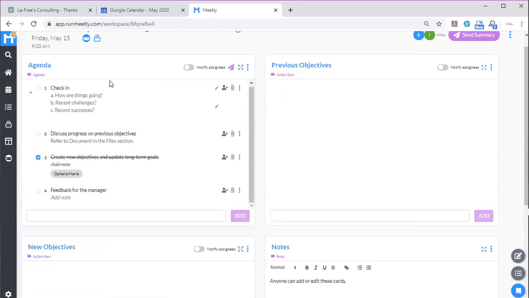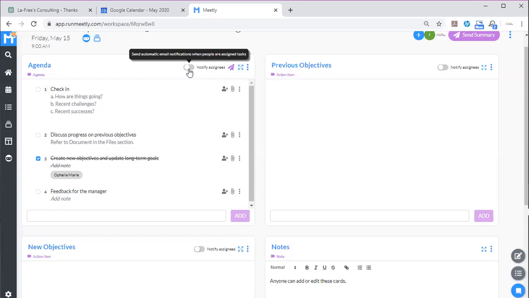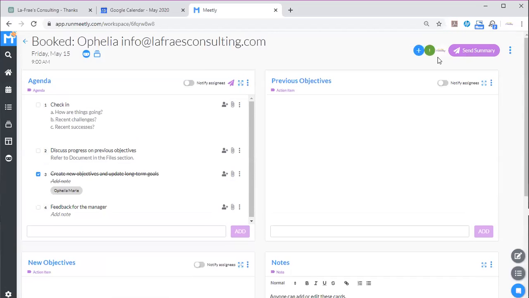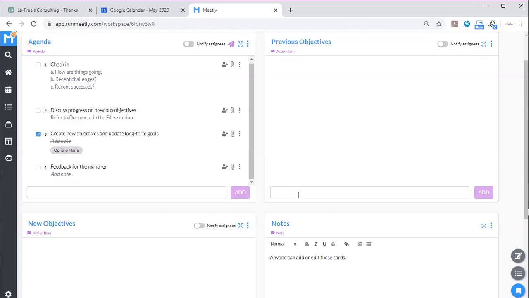Once you have gone through a list and assigned people to different tasks or items, you can turn this on to notify all assignees, and all of them will get an email about what they've been assigned to. Or you can simply send a summary out. You can also attach different files to different items on your list as well. And to create an item, you just